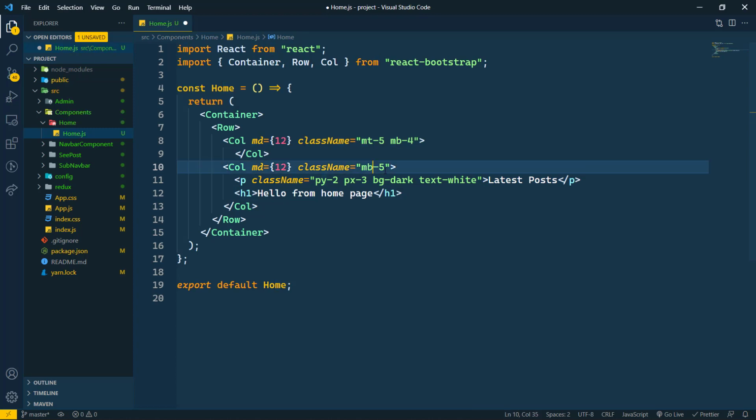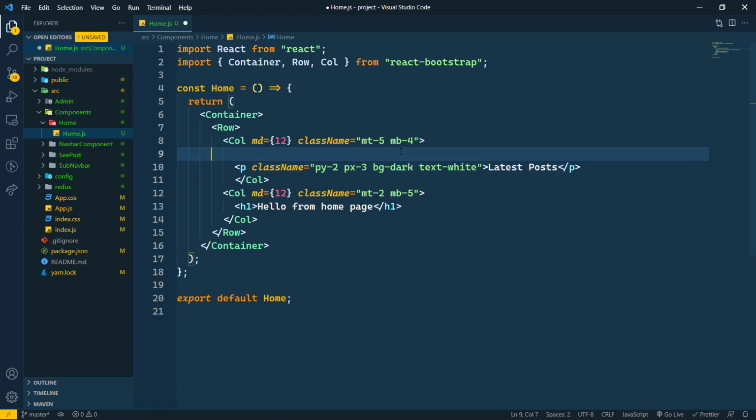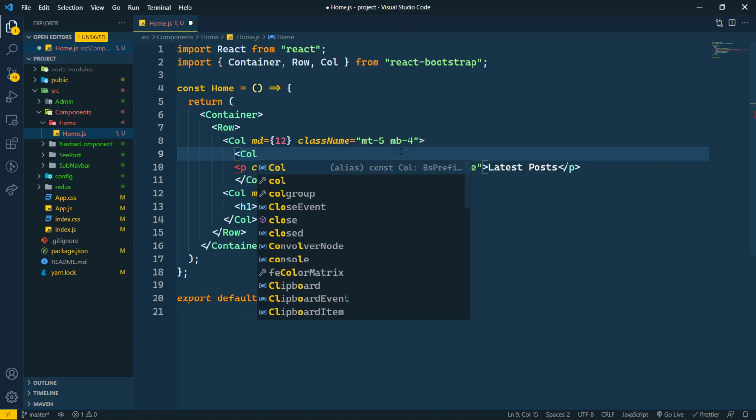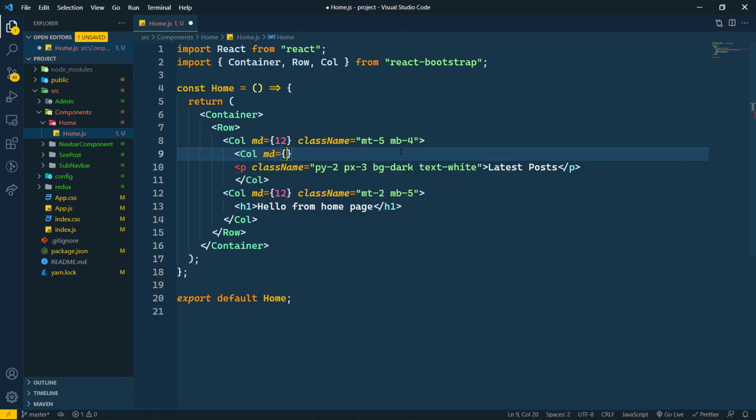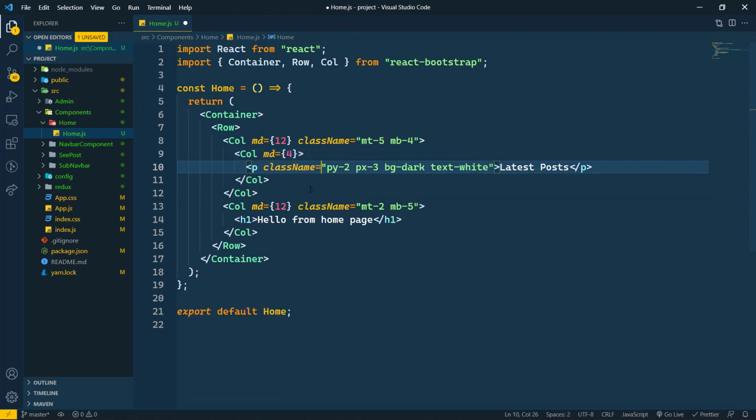Then in this column let's create one new extra column that will be md of 4, and I'm going to close this column here, and let's save this.